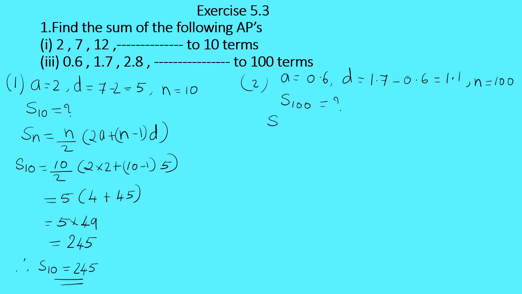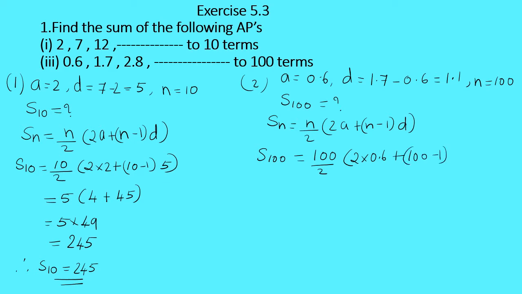So, always write the formula Sn equals n upon 2 multiplied by 2a plus n minus 1 multiplied by d. We are not using the formula Sn equals n upon 2 multiplied by a plus l because the last term is not given. Now you find what is S100. S100 equals n upon 2, n is 100. So 100 upon 2 multiply by 2 multiply by a is 0.6 plus n minus 1, that is 100 minus 1